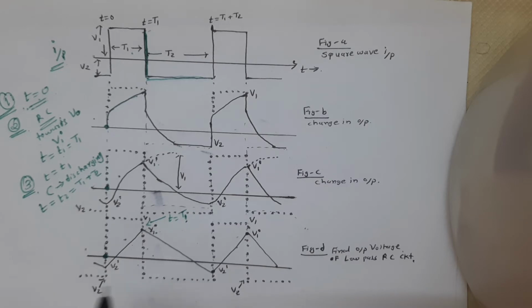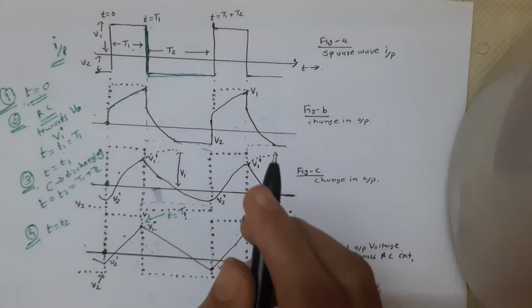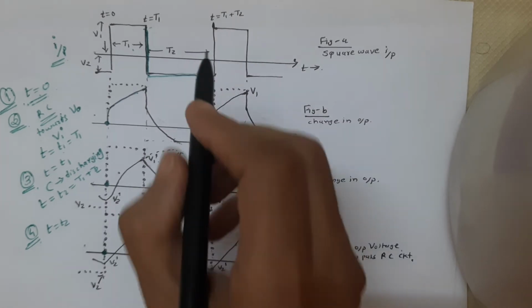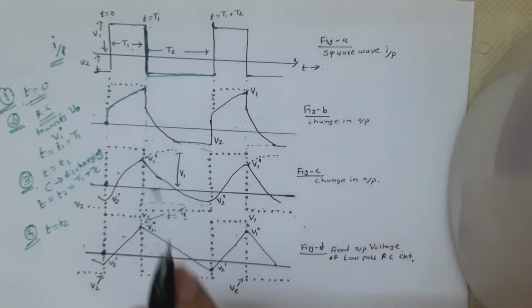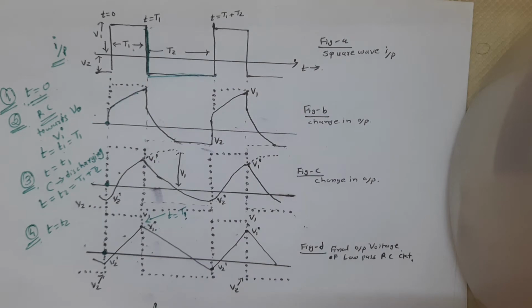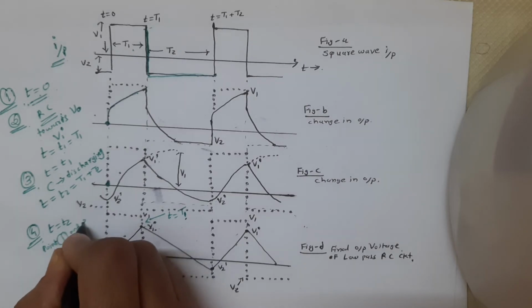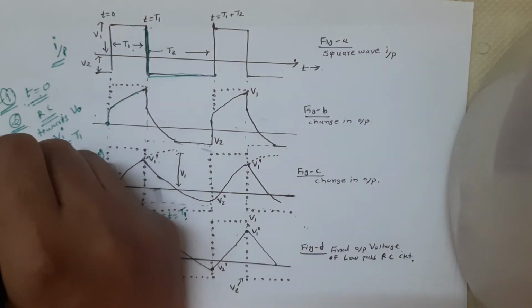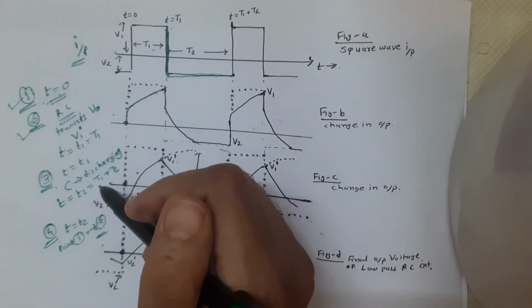And the last one, fourth. After t equal to T2, that means from the figure this cycle is completed. Now at t equal to T2, we again get the second cycle of the step voltage. Then the state of affairs is the same as points 1 and 2. In the same way, 1 and 2, we get the next cycle of the square wave.